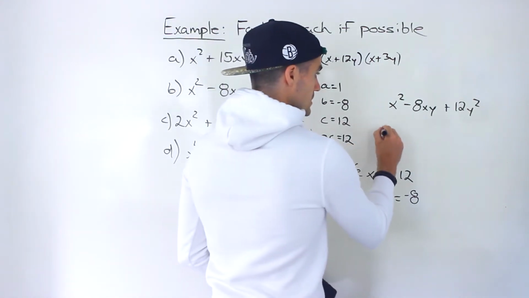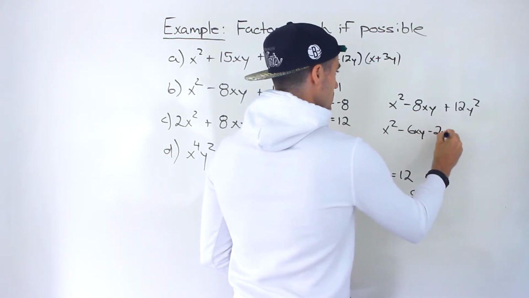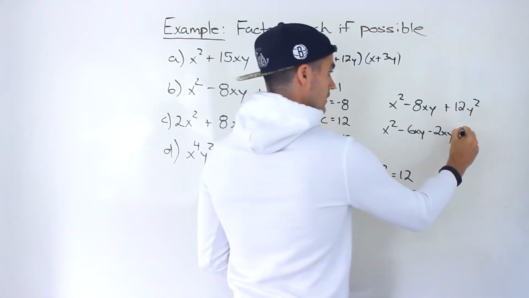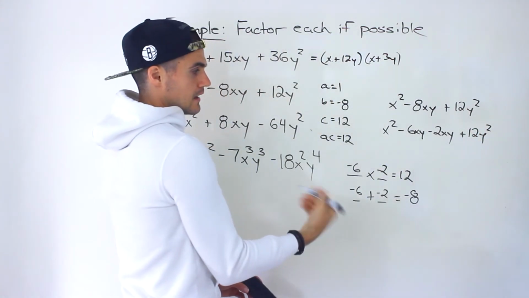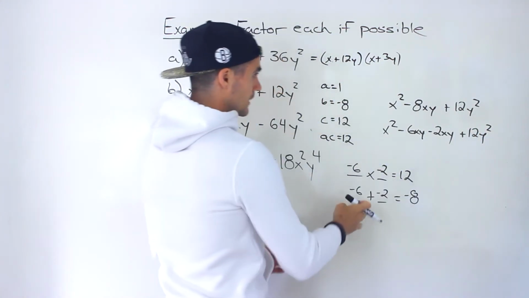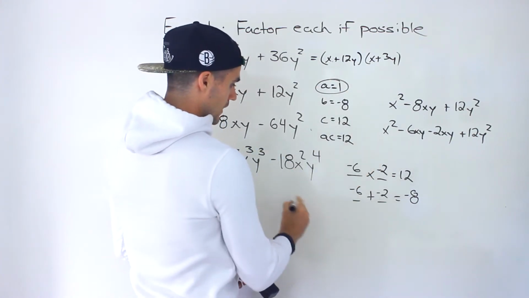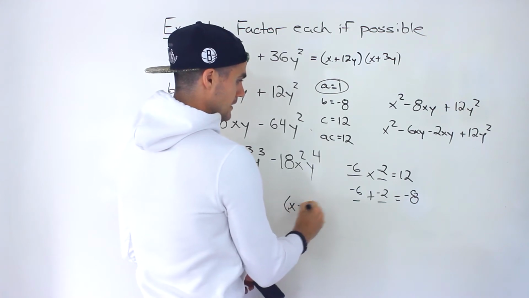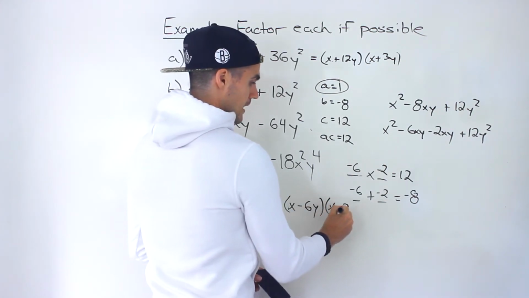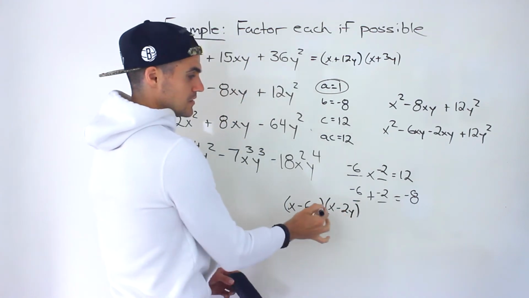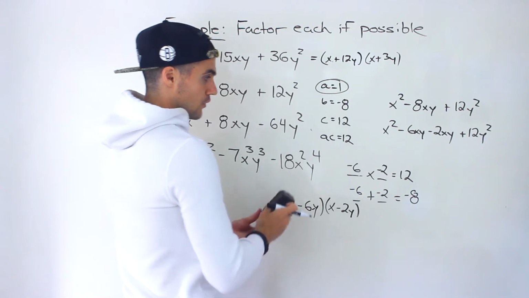So same thing, we take that middle term, decompose it into those two terms. Don't forget the y here, like that. And then we just factor by grouping. Now again, because that a value is 1, we know that our final answer is going to be x minus the 6, and let's add that y there. And then we got x minus 2y. So that's going to be the final answer as that shortcut we're doing,